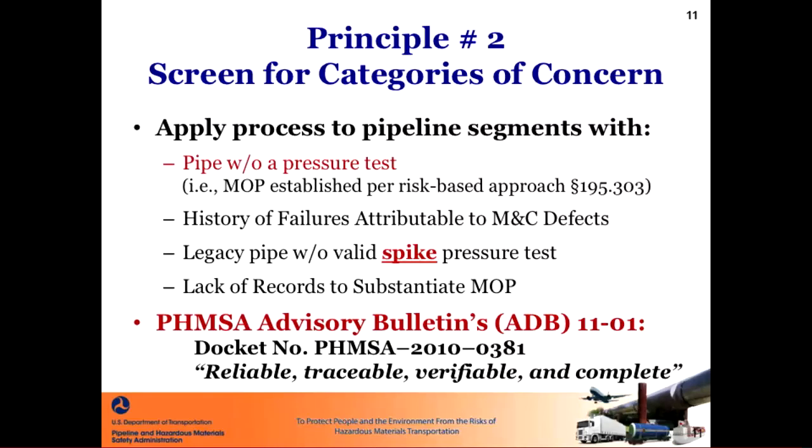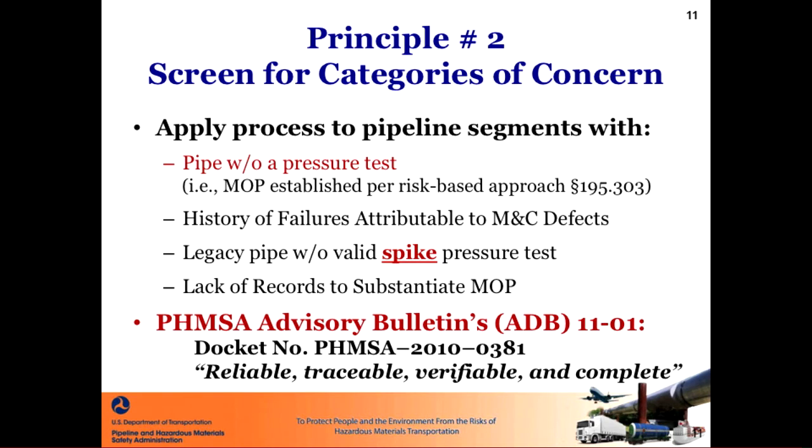Just to give you an example there, if you're an operator and you've got a pipeline that may have a seam type or a coating type or a vintage type that's not specifically in the code that says you've got to do this. But let's say you're having ruptures on the line, ruptures that are 1,000, 5,000 barrels. You might even be having multiple ruptures in 1 or 2 or 3 years. To me, I don't think you should need a rule to go do additional evaluations on that pipeline, assessments and remediation. I just don't think we should have to do this. You should already be doing it.